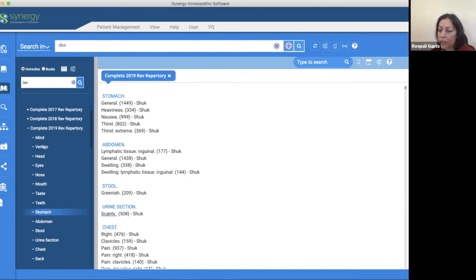The next question is, in this program, in any rubric, I am unable to search a sub-rubric by just typing the 3 letters. I have to scroll down. I have not tried to search a sub-rubric from the repertory section. Usually, if I'm looking for a sub-rubric, I tend to go to global search. So, for example, Forsaken